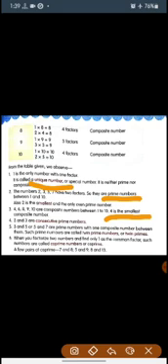When you factorize two numbers and find only 1 as the common factor, such numbers are called co-prime numbers or co-primes. A few pairs of co-primes are 7 and 8, 5 and 9, 8 and 13.